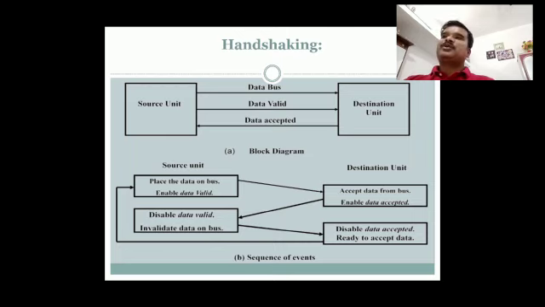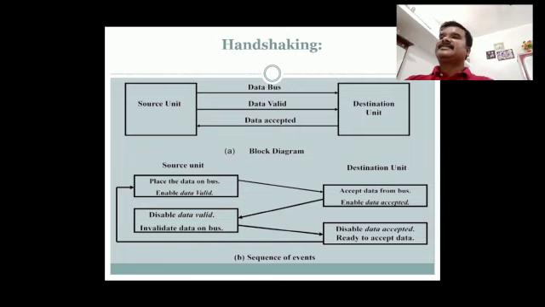The sequence of control during the transfer depends on the unit that initiated the transfer. Source initiated transfer using handshaking. The sequence of events shows 4 possible states that the system can be in at any given time. The source unit initiated the transfer by placing the data on the bus and enabling its data valid signal.